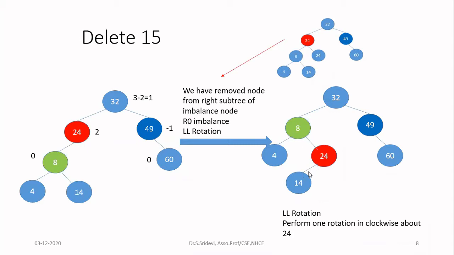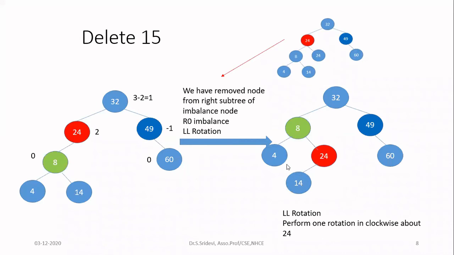So this is a very important thing. 14 was connected to 8 as a right subtree, but now it cannot be connected. So we are going to connect 14 to this 24 as a left child, because previously that was 8, but now that 8 is the root of 24. So that pointer is free. So we are going to connect it. And remember, whenever you are making these pointer changes, it will follow the rules of the binary search tree. I can connect 14 only as a left child of 24 because 14 is having a value less than 24. Okay, so this is very, very important.